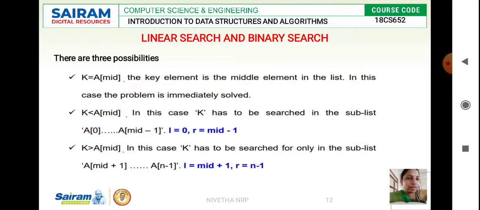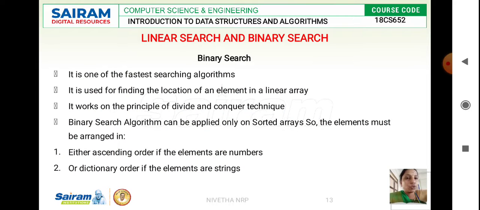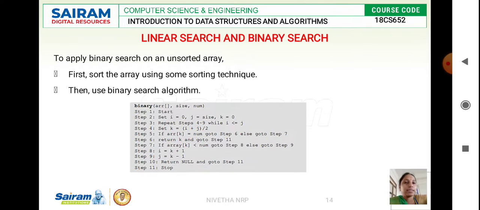It follows the concept of divide and conquer, and each time it first finds the middle value, and based on the 3 conditions it executes. This is the fastest algorithm, and each time it applies only the condition that matches, based on these 3 cases. Whichever case it falls under, the searching is done only within that part. And here it is purely based on a sorted array. It has to be sorted, only then can you implement binary search.